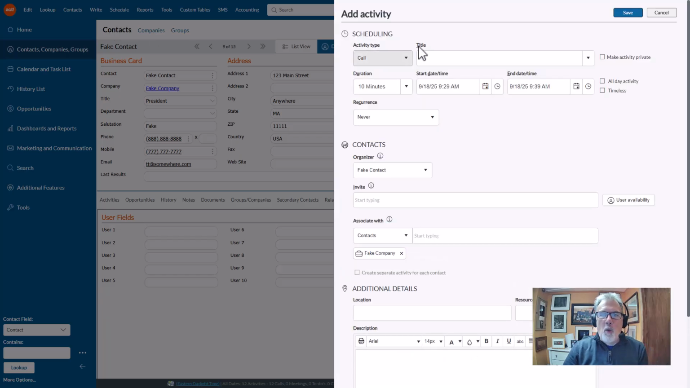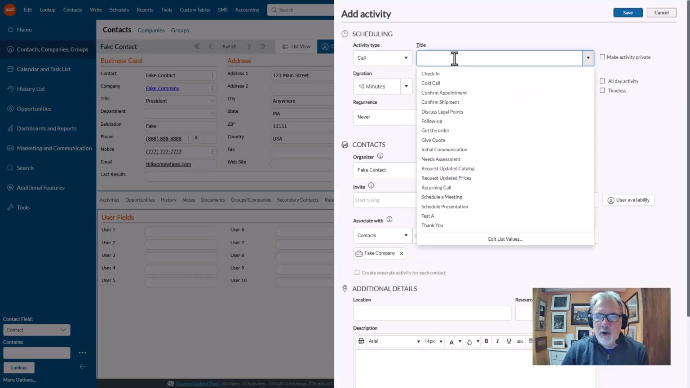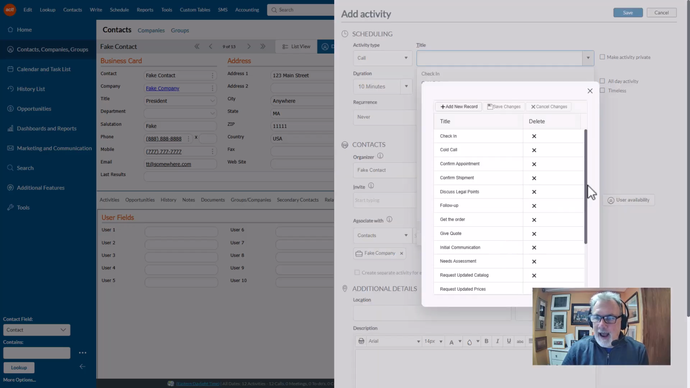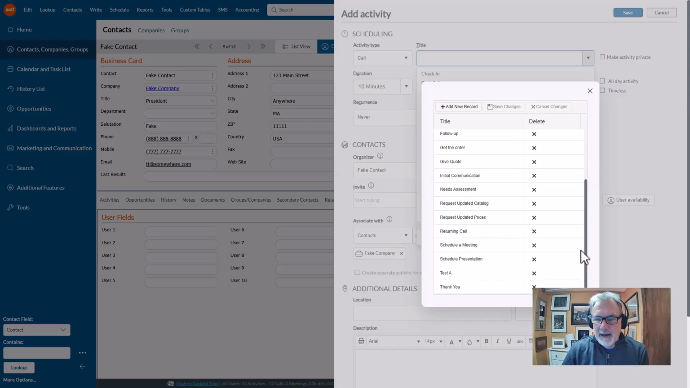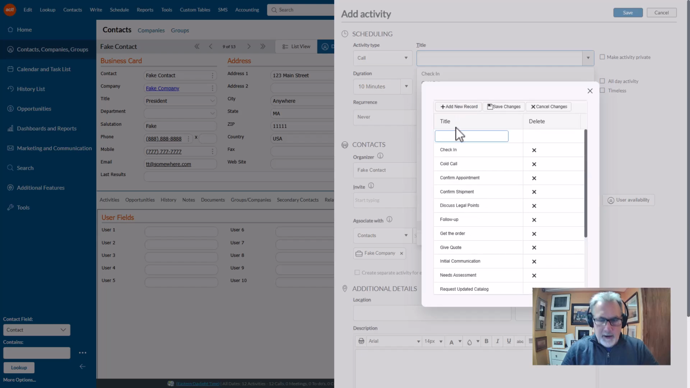So now when I'm in here, you'll notice here in the title, when I click on this drop down in the call area, I can edit the list values. So these are all the items that are in here. You can delete them out of here. But now I'm going to come down here and I'm going to click on, let me just do add new record. I'm just going to call this zero